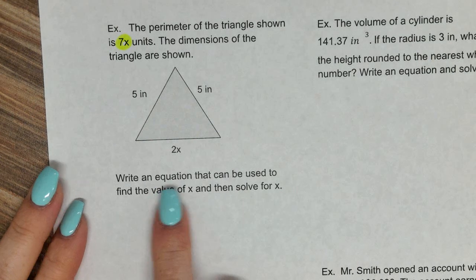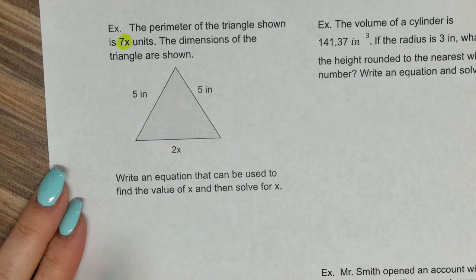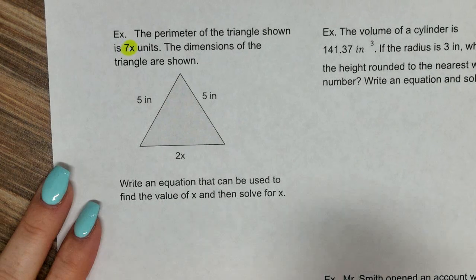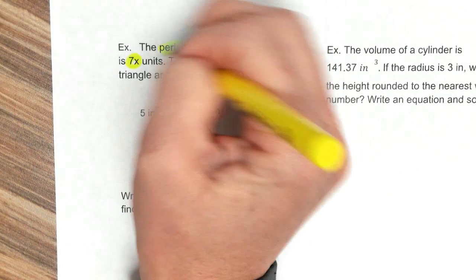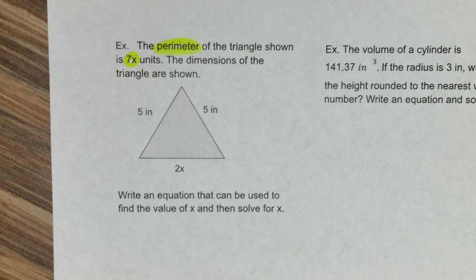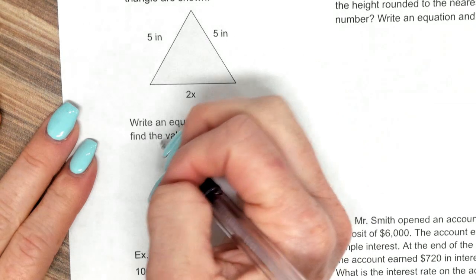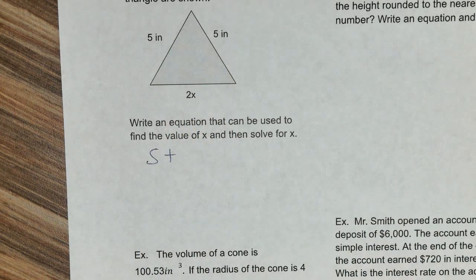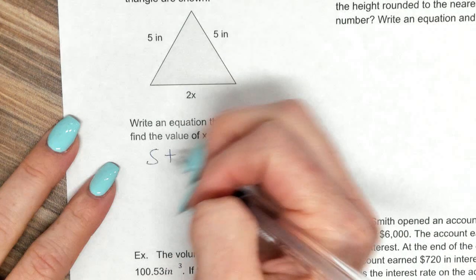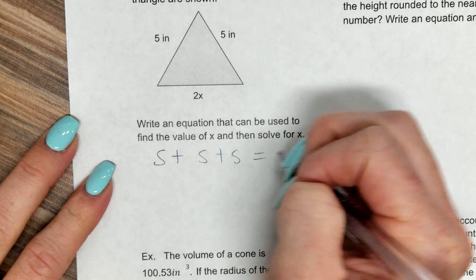Write an equation that can be used to find the value of x and then solve for it. Well, what is this whole problem talking about? So let's talk about how you find the perimeter of anything: add all the sides. So I'm going to write down side plus, how many sides does a triangle have? So side plus side plus side